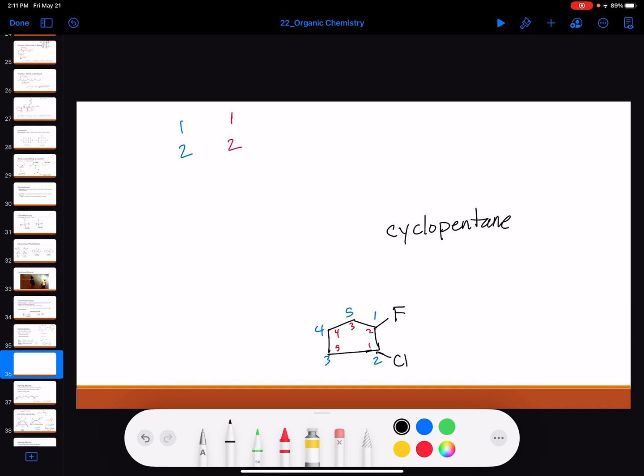And unfortunately, when I match these up, the 1 is a tie, the 2 is a tie, and therefore it's a tie. So what do you do if there's a tie? Well, then alphabetical becomes the tiebreaker. Chlorine comes before fluorine in the alphabet, so let's give chlorine the number 1 position. So this would be 1-chloro-2-fluoro-